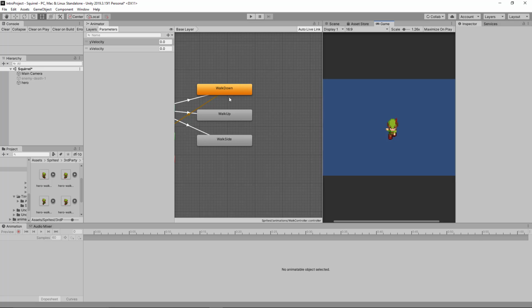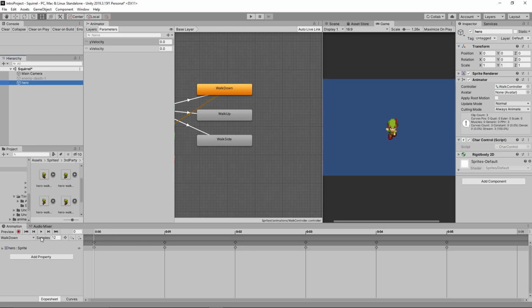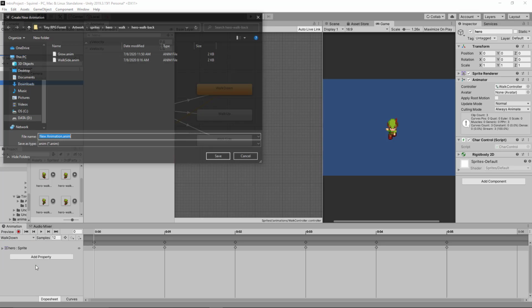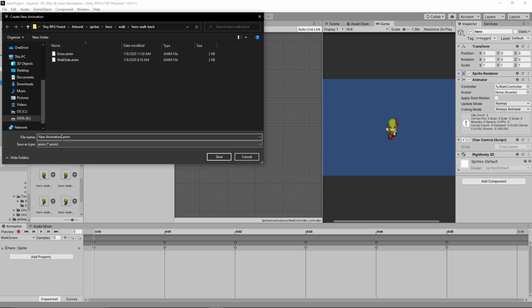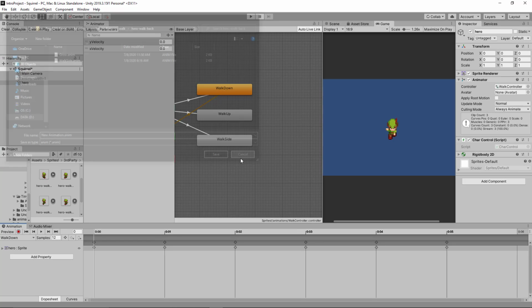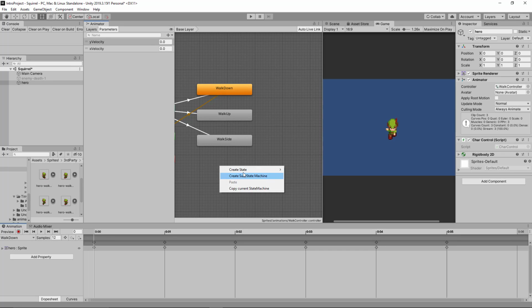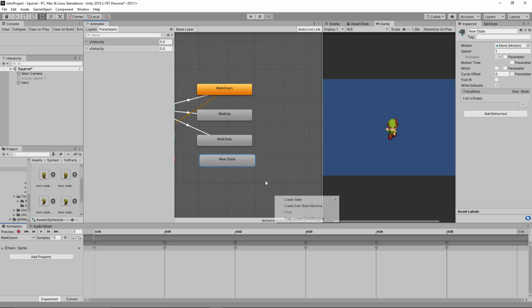Now, first off, we don't have an idle state. That's kind of the main problem here. So let's create an idle animation. We'll click on the hero, and we see the hero's animations down here: walk down, walk side, walk up. We could create a new clip, but what if we don't even create a new clip? What if we just create a new state? We create an empty state, and we say, all right,